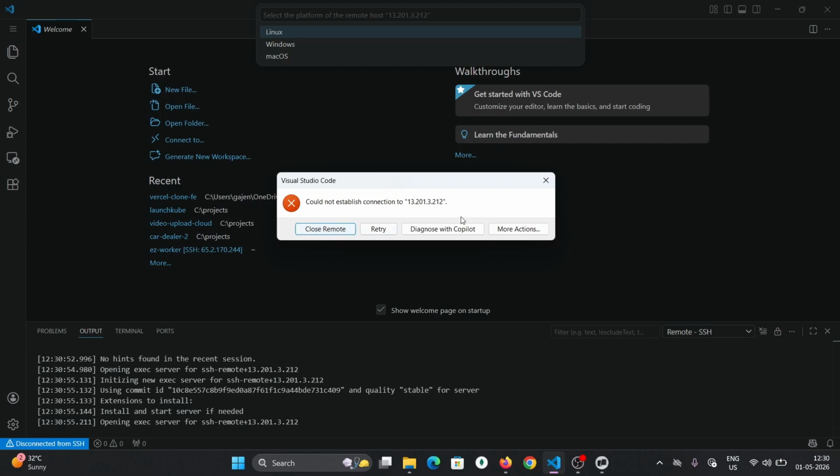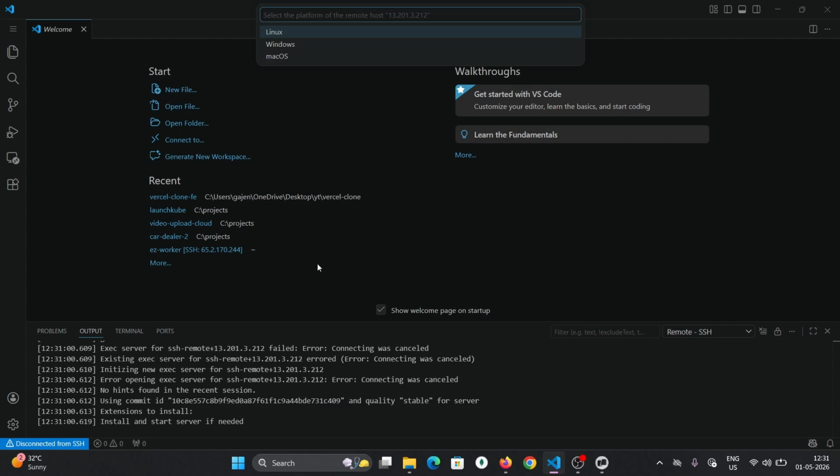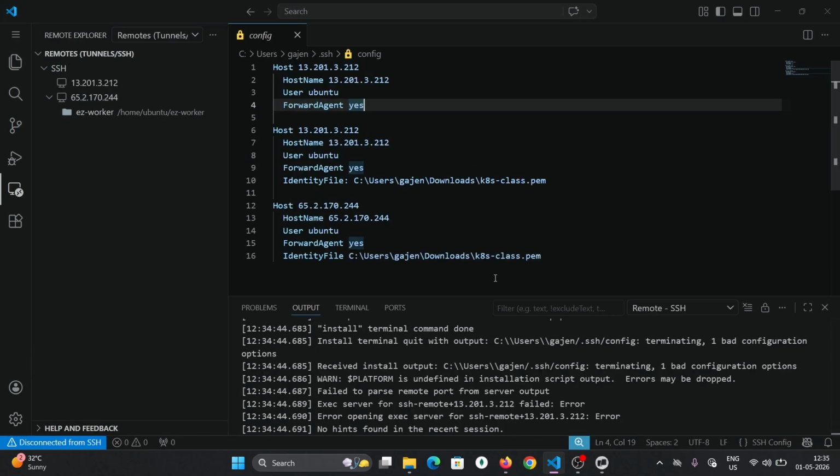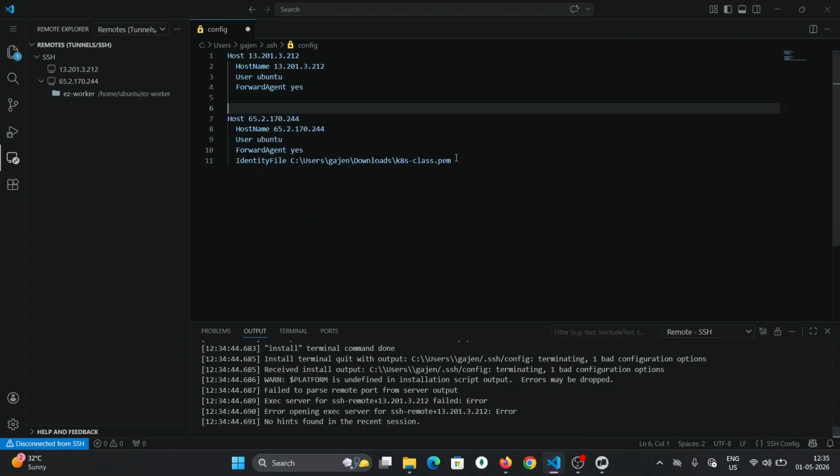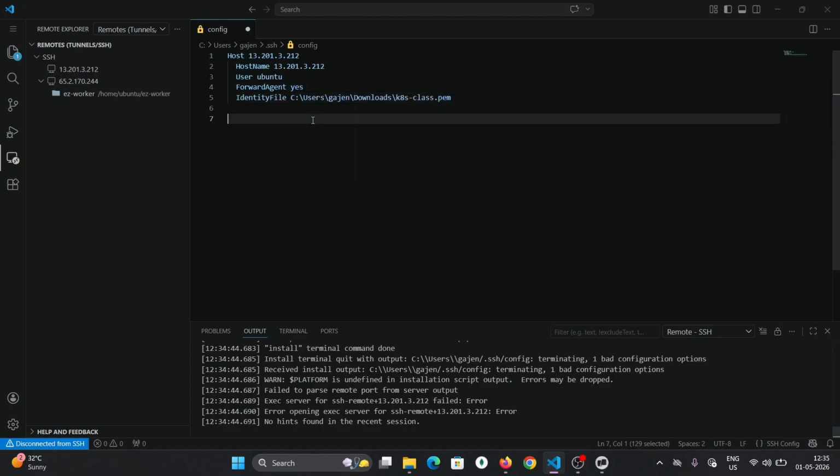The error is because I have added this colon after the identity file. I don't have to add this. So delete this. This one is correct. Copy and delete this also, the previous host. So you don't have to add a colon. This is not an object, not a key pair. Now if you try to connect,